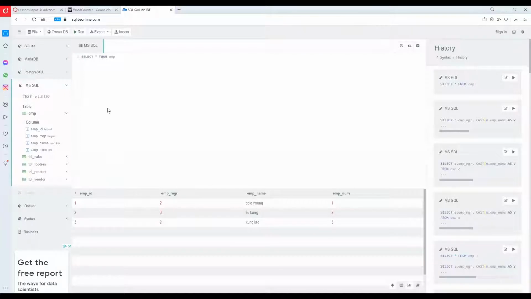Okay, so we made some adjustments to our emp table. So the manager, we have set manager number two. The emp manager value is coming from the emp number value. So the manager of Kolyang and Kung Lao is number two, which is Liu Kang, and the manager of Liu Kang is Kung Lao. Okay. So upon executing our code, notice